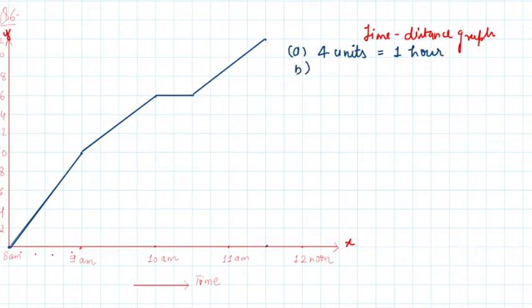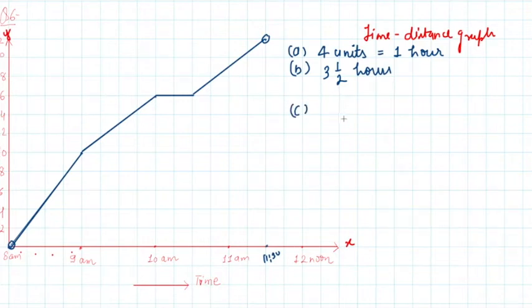B part is how much time did the person take for the travel. So we have to see the total time. Total time is from this point to this point. This is the total distance covered. Corresponding to this, the time will be 11:30, which is in the center of 11 and 12. So from 11:30 to 8 am, if you take the difference, how much is it going to be? 3.5 hours. So this is the time taken by the courier person to cover the total distance, right?